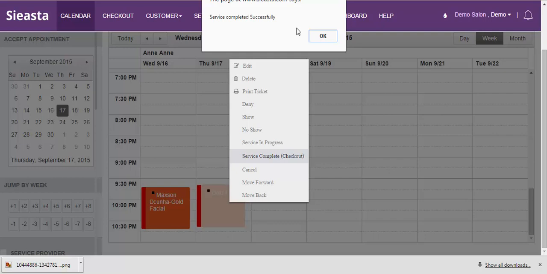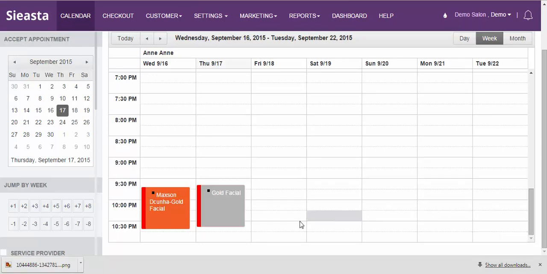Even in case you forget to check out an online customer, no worries. The system will automatically check out the customer at 0000 of the next day. That's all for the online customer checkout. So one word for online checkout customers, no worries if you check out or you do not check out. You will notice that the color, once checked out, will turn into a gray color.